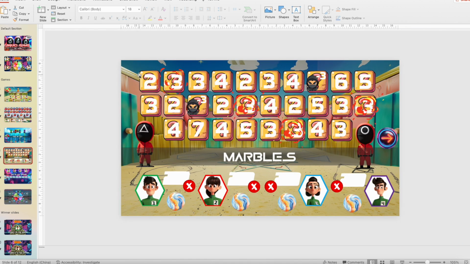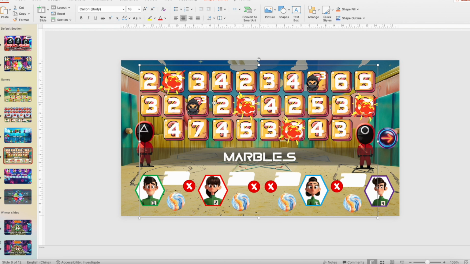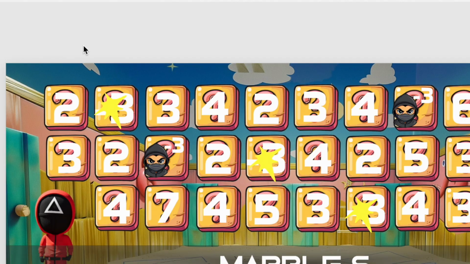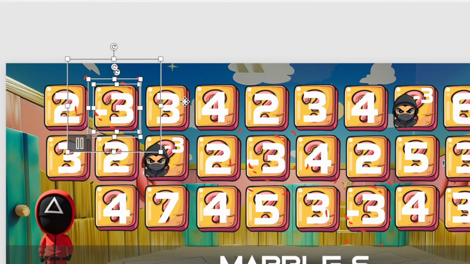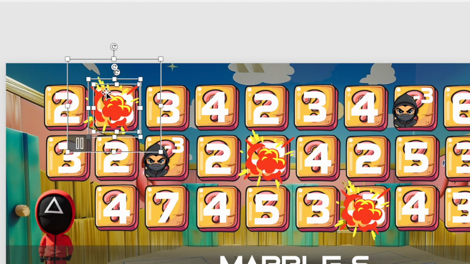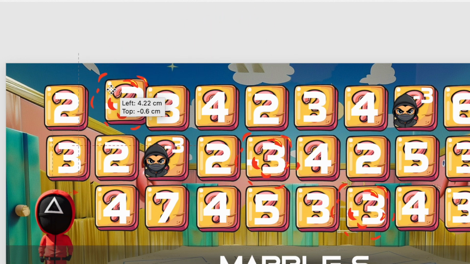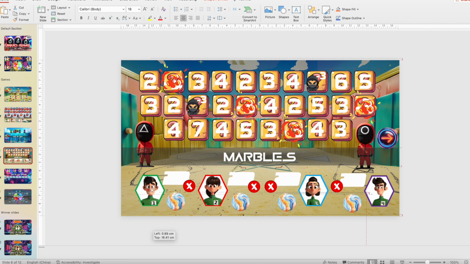Let's go to another game. Here in the marbles game, before moving any of the numbers and questions and so on, there is a hidden blocker, so you need to move this blocker away, let's say down, and then select all except this one, select the animation for the bomb, and now you can move it to a new location